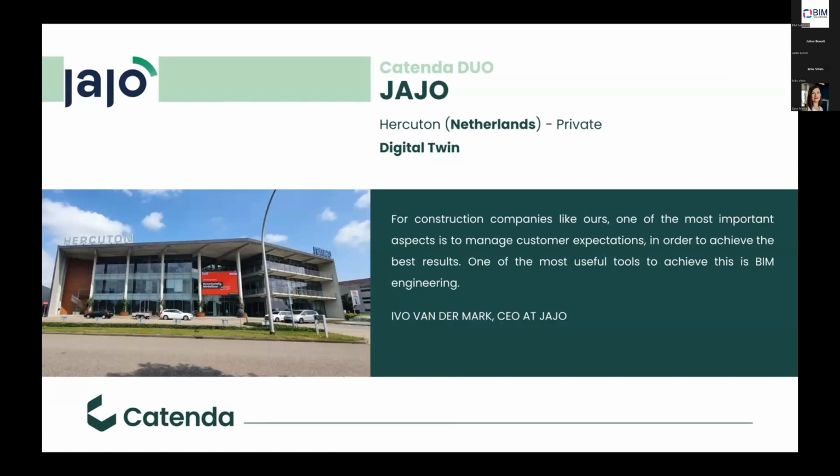Next is another interesting case of a general contractor. Not the same as the previous one. JAJO, Janssen de Jong, historically, has been Catenda's customer for Catenda Hub for quite a long time now, but realized that as a general contractor group with different subsidiaries, they need to have a new proposition for the customers. Just being design and build is not enough. They need to propose more. They need to engage with the facility maintenance part and deliver things that are top of the art in a way. So the way they put it, and it's a quote from the CEO that I quite like,